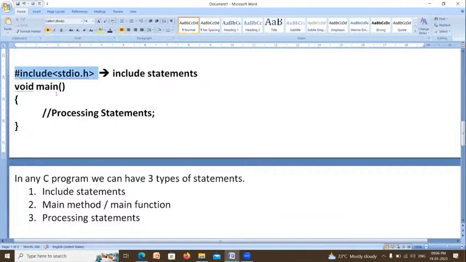So what is the meaning of this? You are copying the data inside stdio.h into your program. That is the meaning of this. After copying the code of stdio.h into your program, you can use the code and build your applications very easily. Clear? It is just like a tent house. In this, so many built-in tools are there. Before using those built-in tools, you have to copy them into your program. To copy the content of this header file into your program, you have to use hash include.